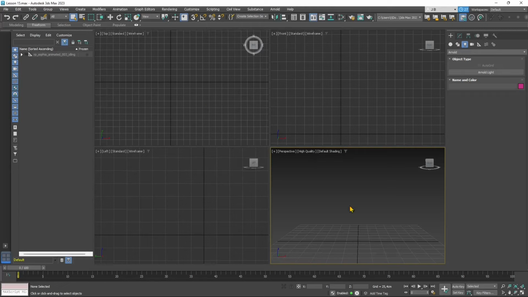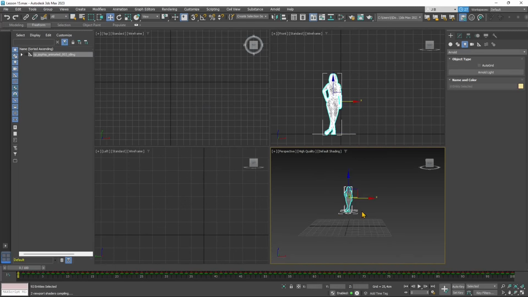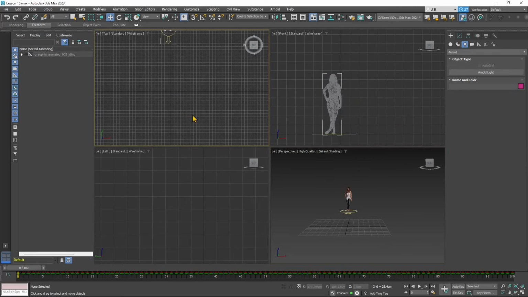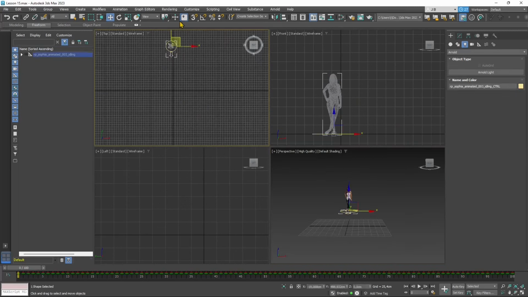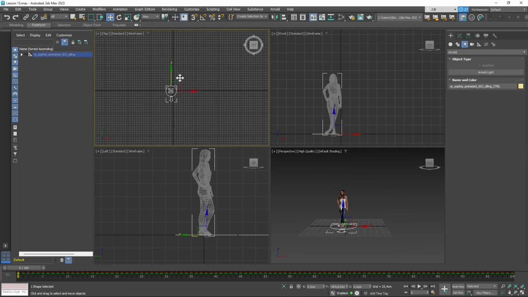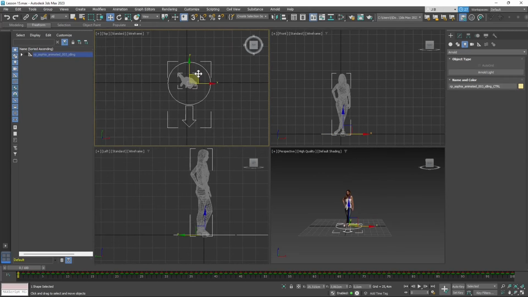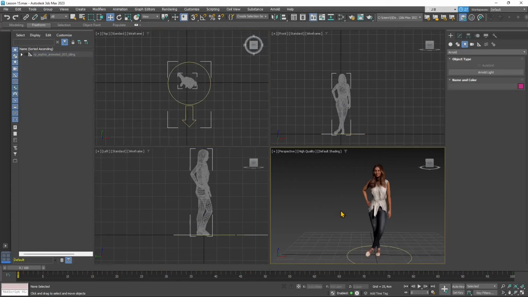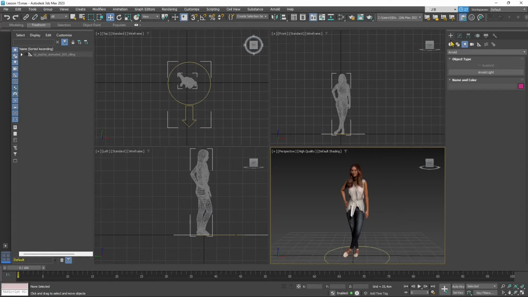So just wait a few seconds because it's going to be a big mesh. So there you go. It has a lot of polygons, and also hopefully it's going to upload the textures as well. Otherwise, there you go. Otherwise, you need to recreate the material. So if you don't see the texture, don't worry, we're going to talk about materials and textures later to see how